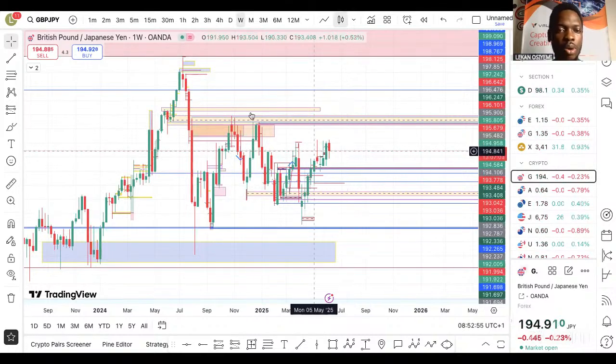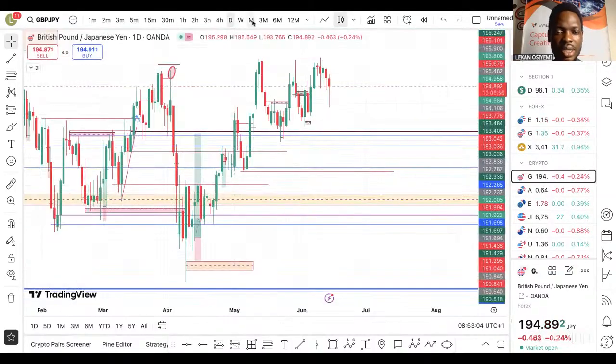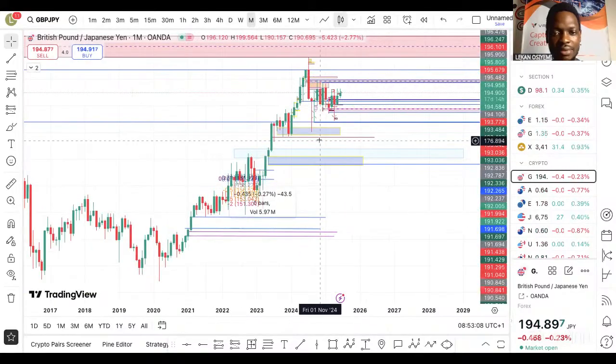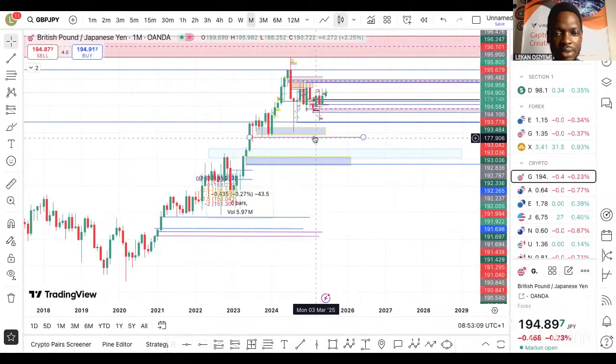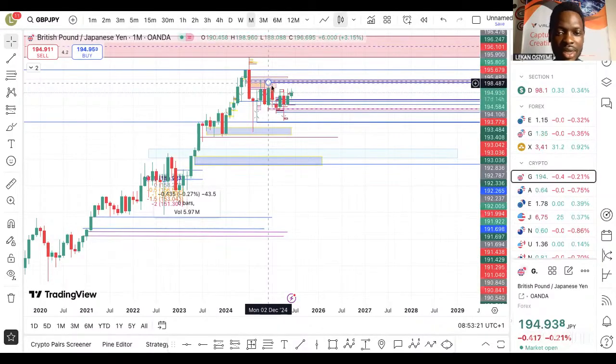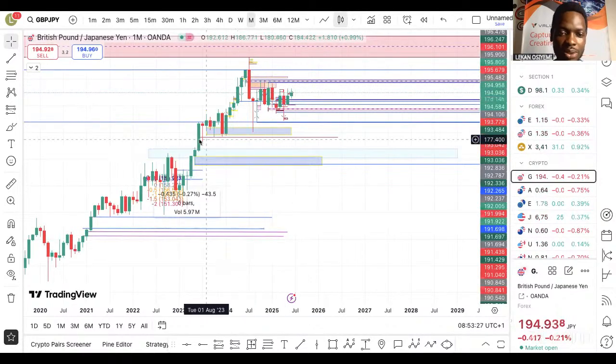Much more so, we expect more of GBP JPY sell because of what we are going to see right now. Even from the monthly time frame, you are going to observe that price came all the way, gave a signature here, which was the buy into this level, and you can see how the sellers are very much interested in selling more. The tussle was even very high with them, so we expect more of the sell, particularly to come and take out liquidity